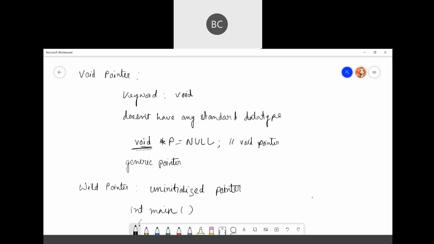This is very useful when you want a pointer to point to data of different types at different times. With the help of a void pointer, or generic pointer, you can hold any type of pointer like a character pointer, structure pointer, array pointer, and it is also useful for typecasting.